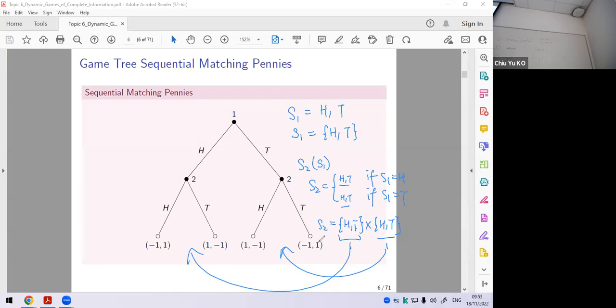But it is possible that you have multiple equilibria, and it turns out the outcome can be the same, right? Because the only difference is in this one. If player 2 chooses this instead, HT, right? And in that case, the outcome is still H and H,